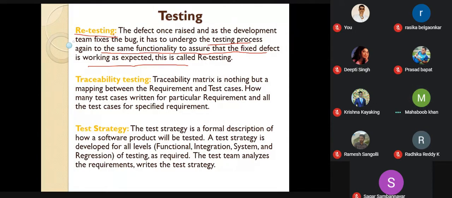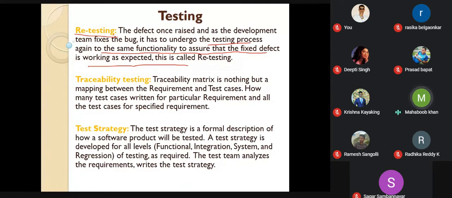Retesting is: once you raise a defect, the defect is fixed by the developer. When you are reconfirming that the defect is no more, when you are testing this, it is called retesting. And coming to regression, by addition of new code or changing of functionality, the old functionality should not change. When you are confirming that the old functionality remains unchanged, that is called regression testing. So try to understand the difference, it is very important, because people get confused between regression and retesting. Try to get practical when we discuss retesting at the time of the defect life cycle.